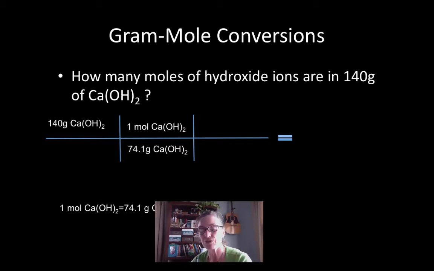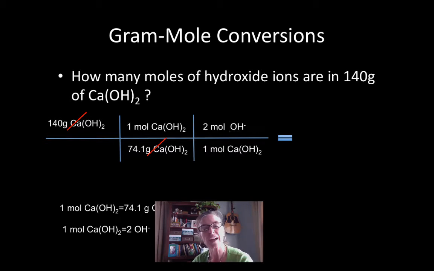I analyze the dimensions so the like units will cross-cancel or reduce to 1. Now I have moles of calcium hydroxide, but the problem is asking me for moles of hydroxide ions. So now I use that ratio of my subscripts in the formula, and I know that 1 mole of calcium hydroxide will produce 2 moles of hydroxide ions. So I put like units so that they can cross-cancel. And I am left with just the units of moles of hydroxide ions. My math is 140 times 1 times 2 divided by 74.1 times 1, which will give me 3.8 moles of